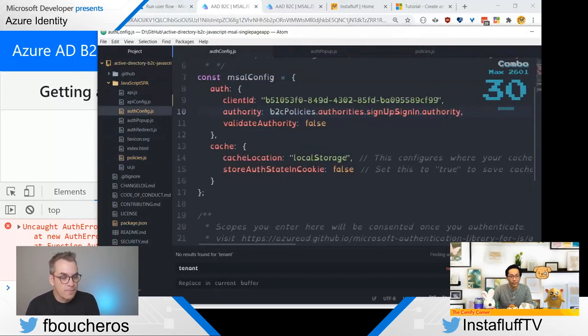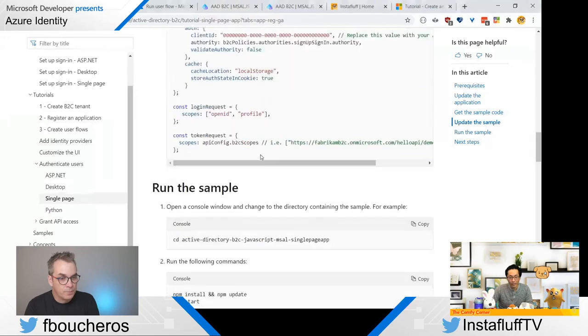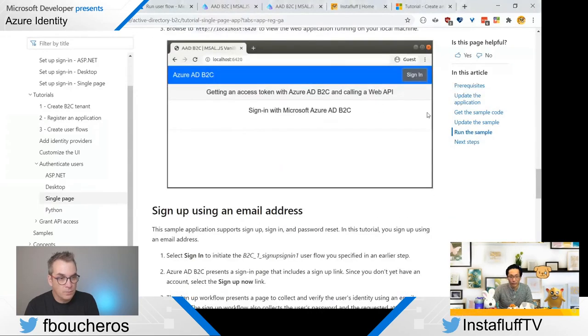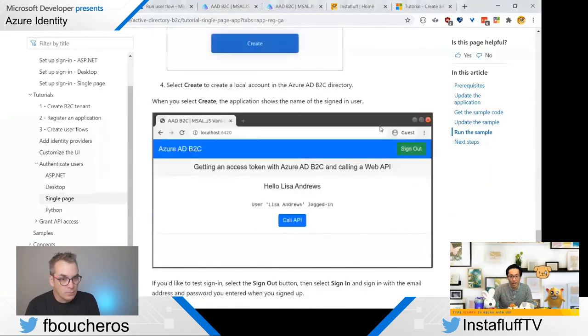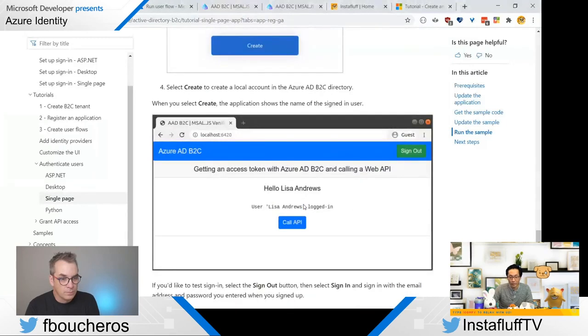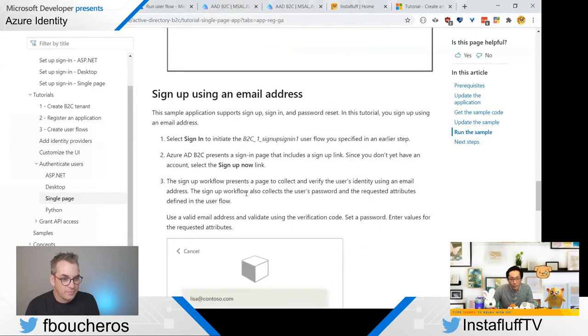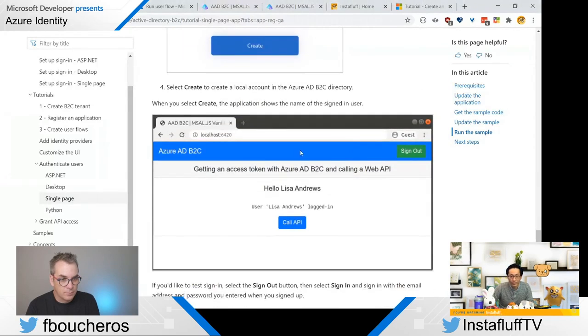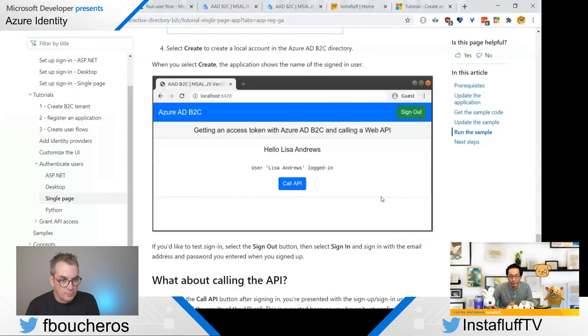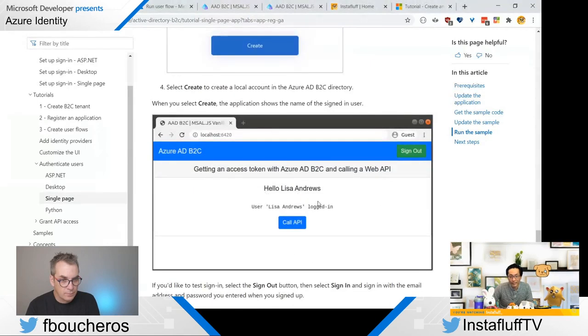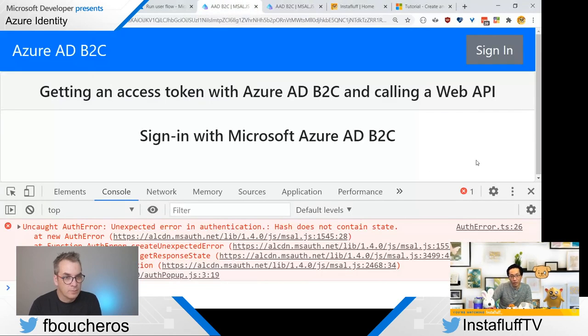And then everything else, and then we run the sample, and it's supposed to do the sign in and sign up using email address, and then it's supposed to say, hello, Lisa Andrews. So I think that's where we need to update something. This is the part that it doesn't know quite yet.